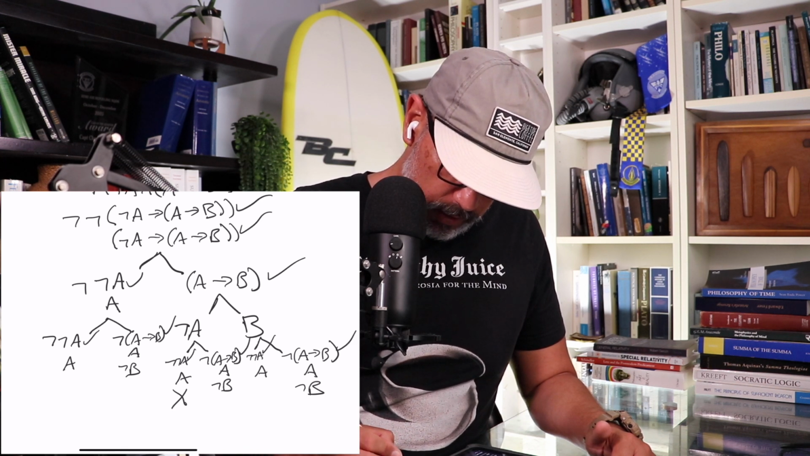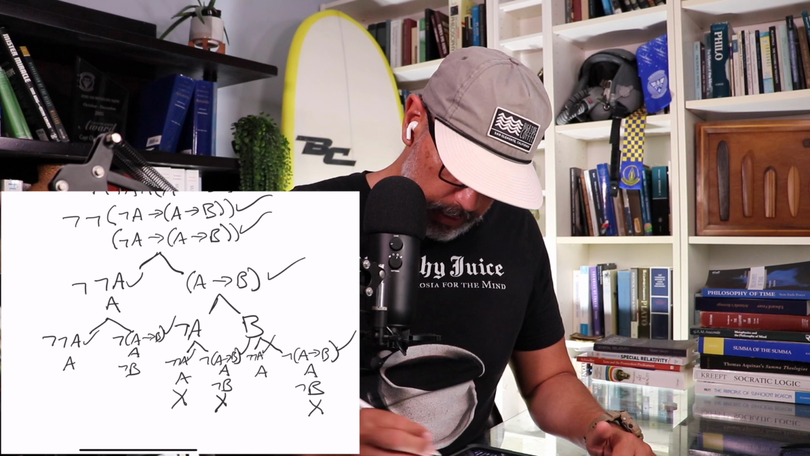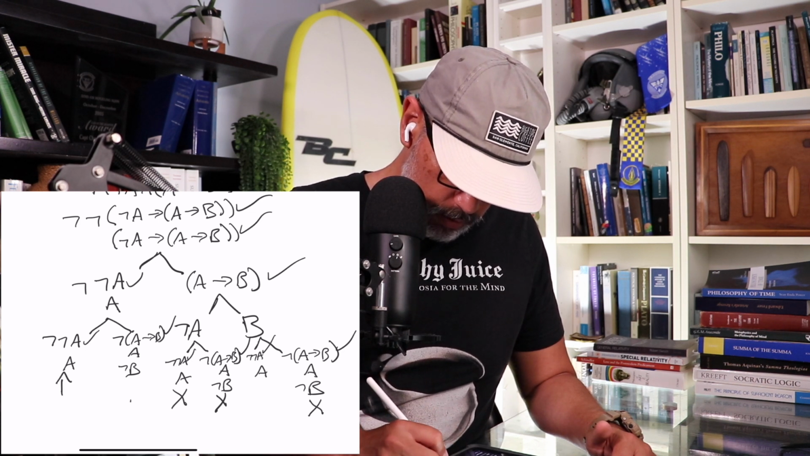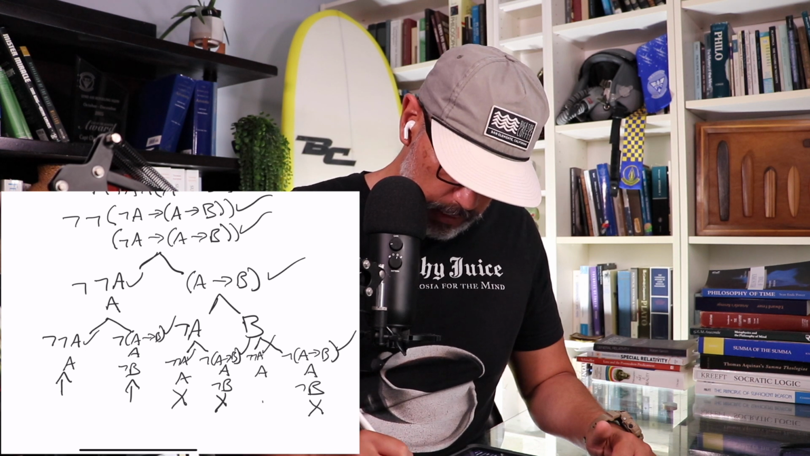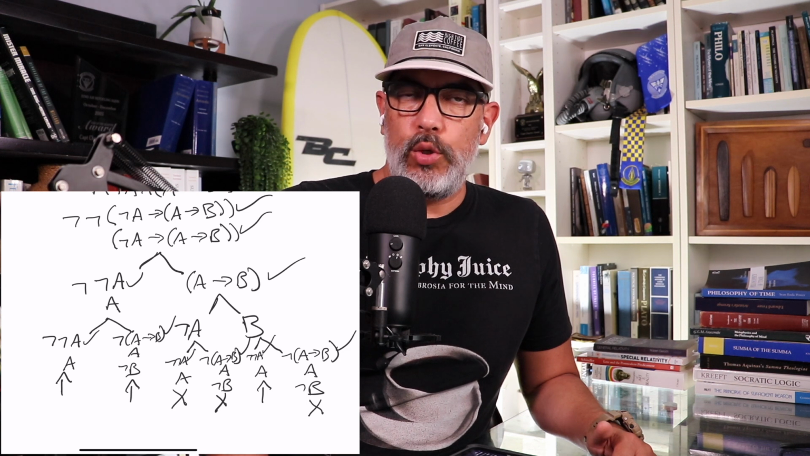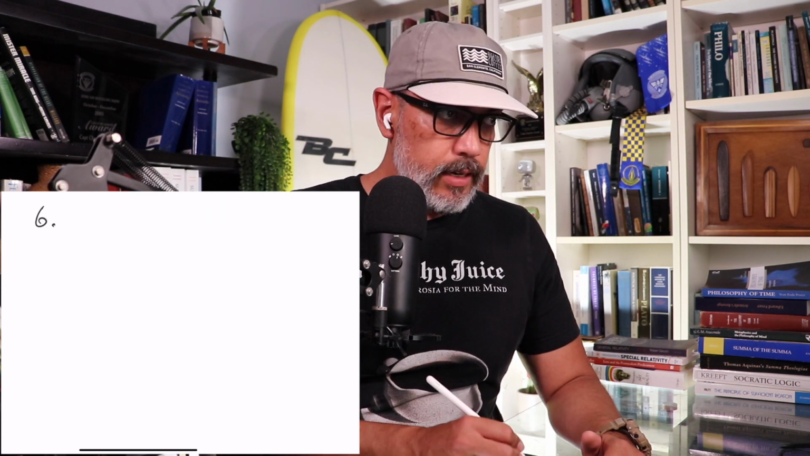Looks like we have not A and an A here, a B and a not B here, but we have open branches here, here, and here. So these negations are jointly satisfiable, so these are contraries, not contradictories. Finally, number 6,